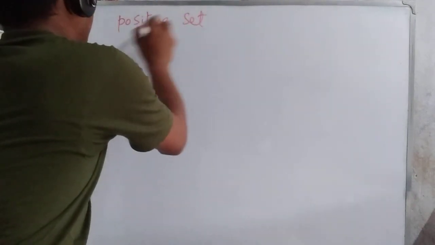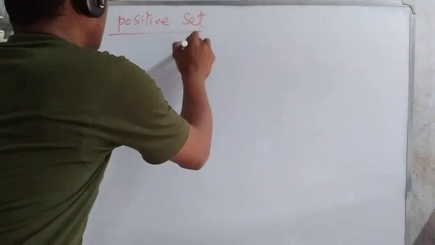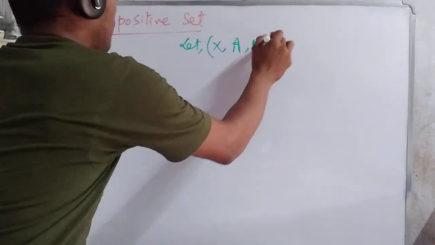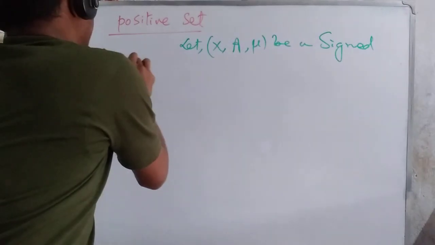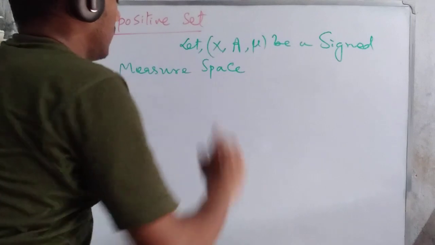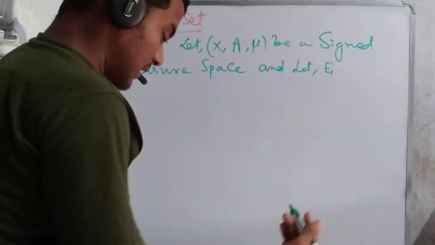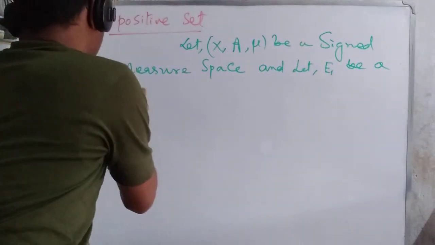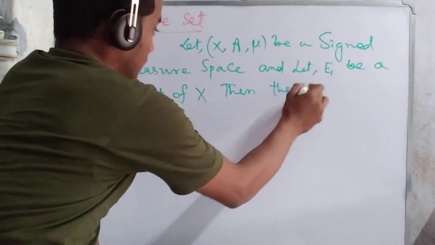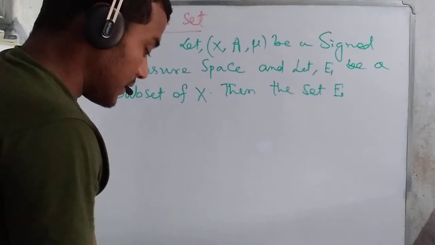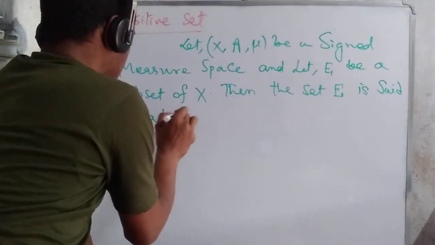Positive set in measure. So we write the definition of that. Let (X, script A, mu) be a signed measure space, and let E be a subset of X. Then the set E is said to be a positive set